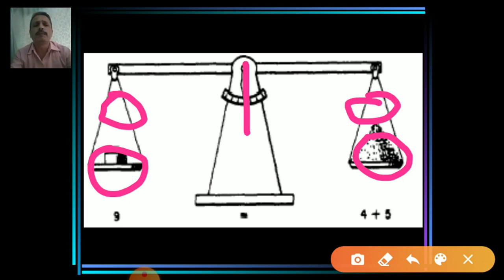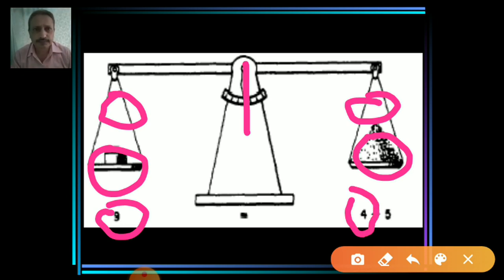Suppose here the picture shows the 9 kilogram weight. The first time the shopkeeper kept goods of 4 kg. What will happen, students? Yes, the weight will be on the downside and the goods pan will be a little up. Now what can the businessman do? Yes, the businessman can add some more goods and then make the balance. How much goods will he put? Yes, he will add 5 kg more. So he adds 5 kg and then the balance will become equal.